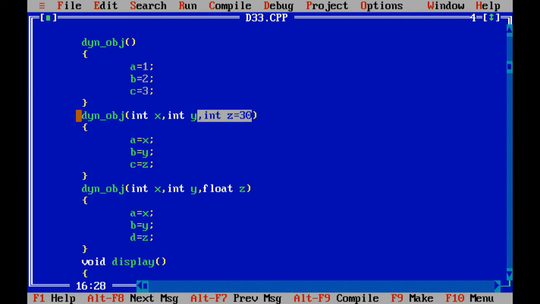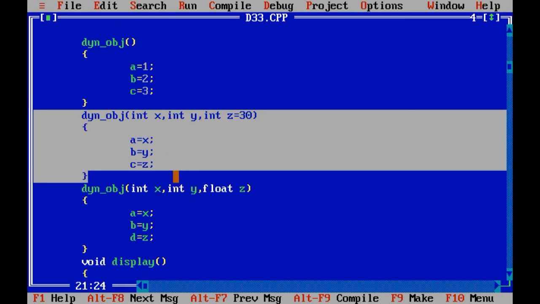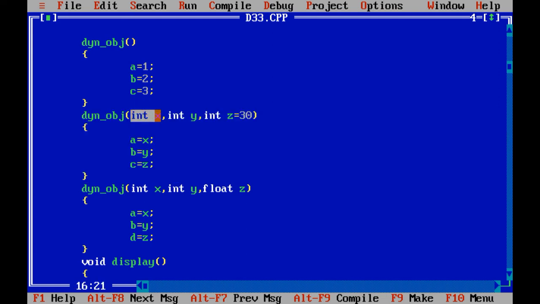So when this particular constructor is called, in the situation where you pass two integer values, it will automatically consider the value of z as 30.